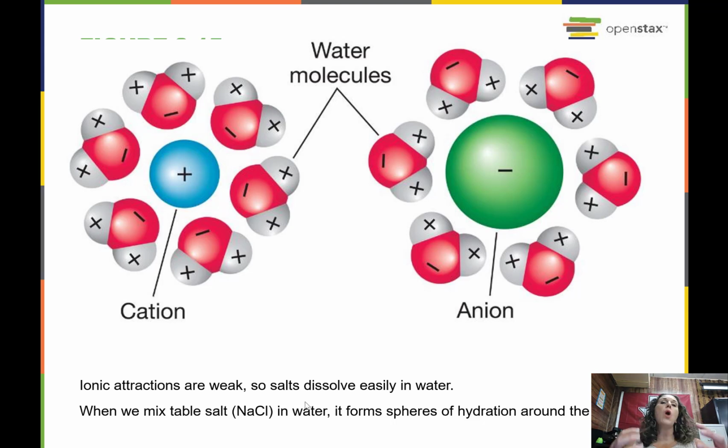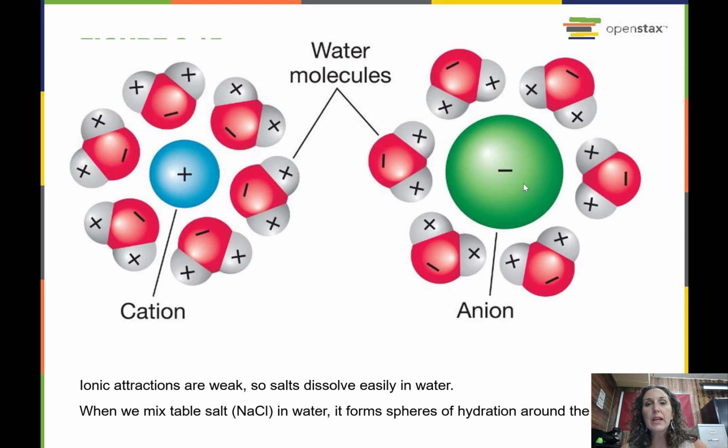So we can take the water, and because of the polarity of the water, so the red is the oxygen and the plus, or the gray, is the hydrogen. Because of the polarity of water, that slightly negative end of the oxygen is going to be attracted to the positivity of the sodium. If you look over here, then the positive hydrogen is going to be attracted to the